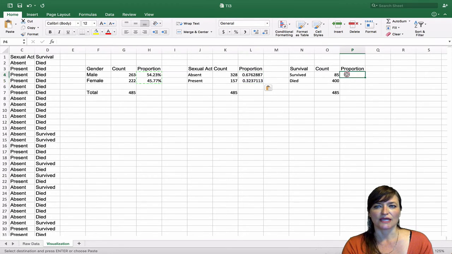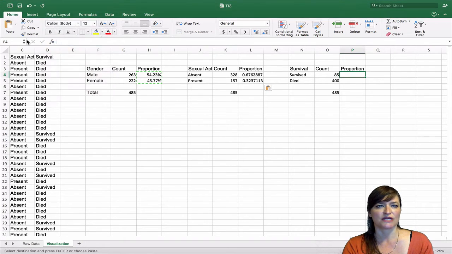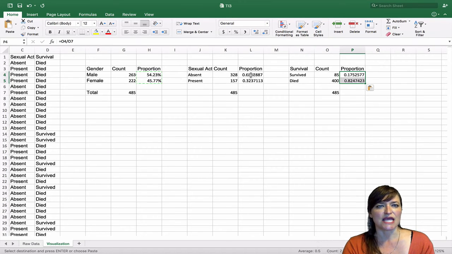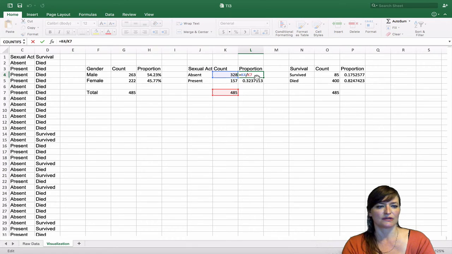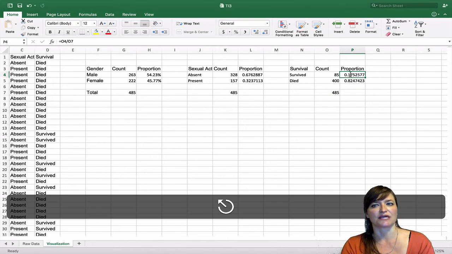And then we can do that again over here, edit, paste special, and choose the formula. So it's taken that formula and pasted it. Let's just check. Yep. I'm pushing escape to get out of editing that, and pushing escape to get out of editing that.